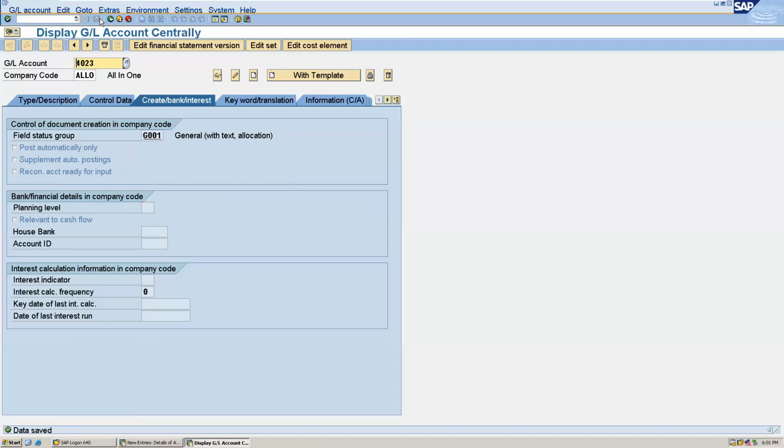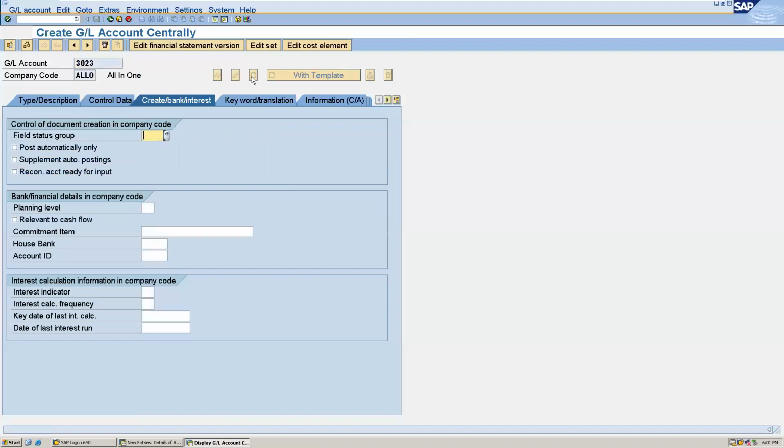Next, we will create profit on sale. I'm giving the account number 3023. Create. Field status group, we will give G001.